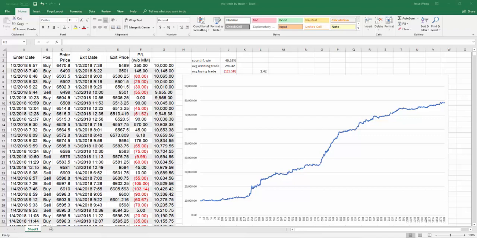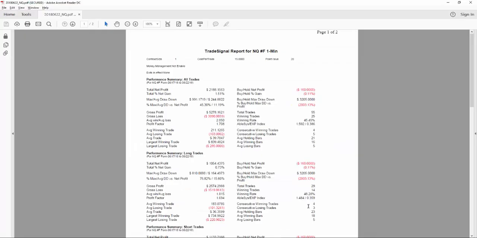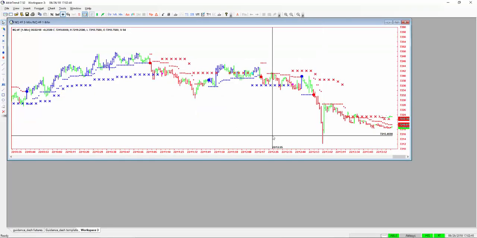Okay, so those are some of the key takeaways from the metrics. So we're going to take a look now at how these reports come together for each week. Here's one of the reports. This is last week, so we can see here it's trading one lot, $15 cost per trade, and it's the 1 minute, 3 minute. Now, if we go back to the software, we can take a look at how the